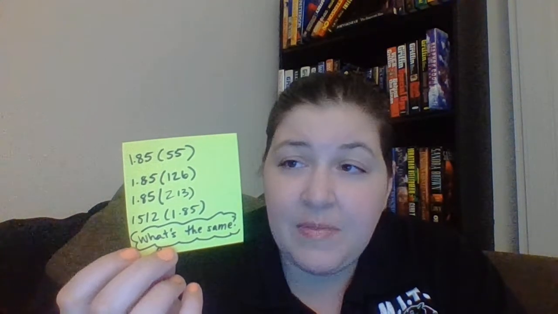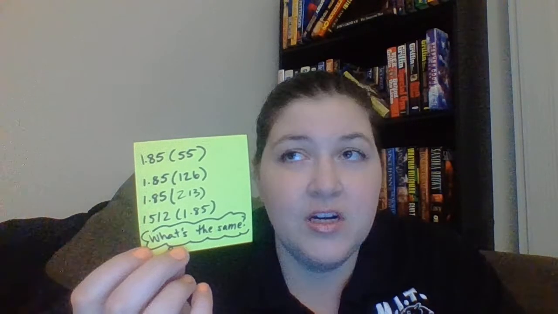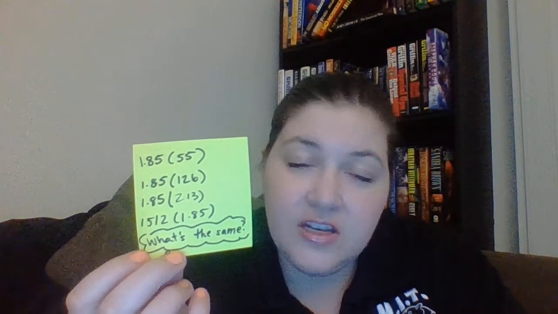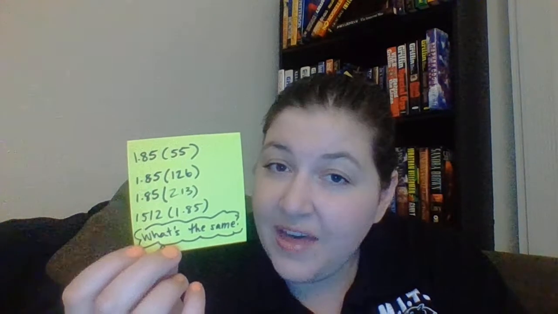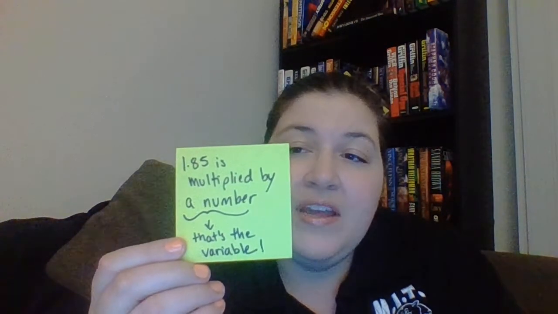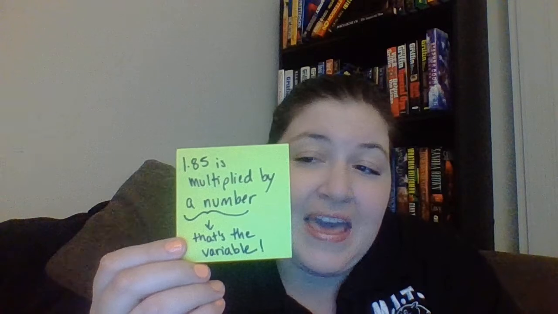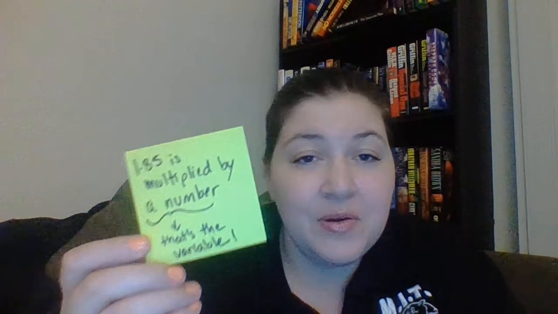If I look at each of them, I know that there's $1.85 in each of these expressions. That doesn't change. So that gets multiplied by the number that does change. Well, the number that does change becomes my variable. So 1.85 is going to be multiplied by a number, or any number. So what I'm going to write is the algebraic expression